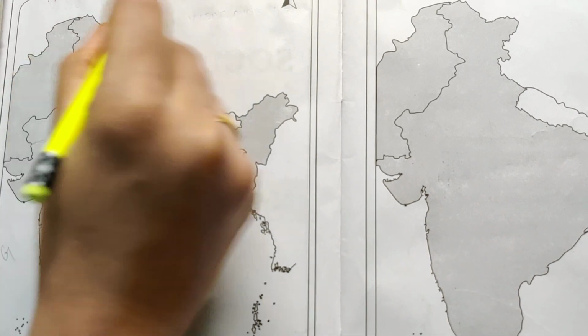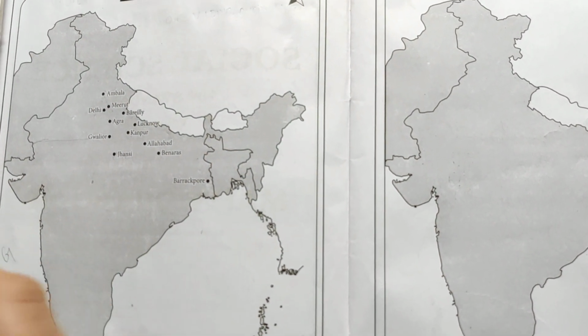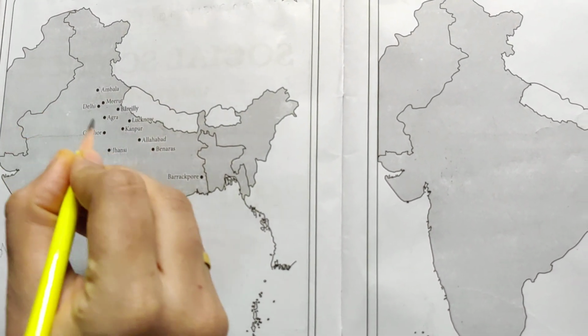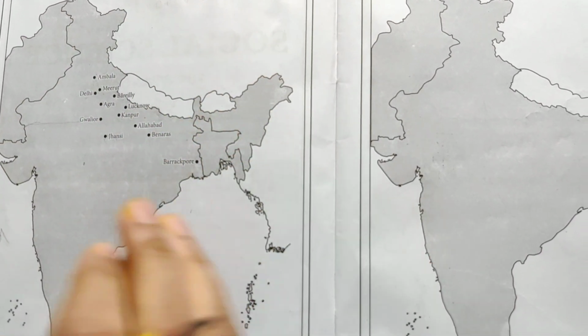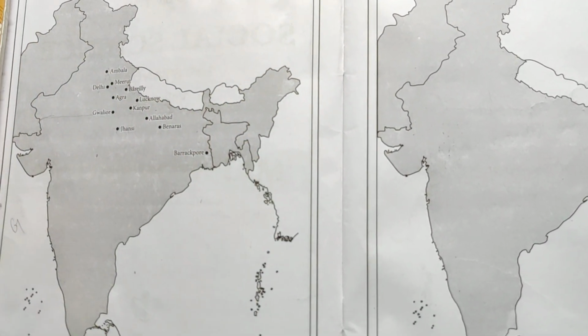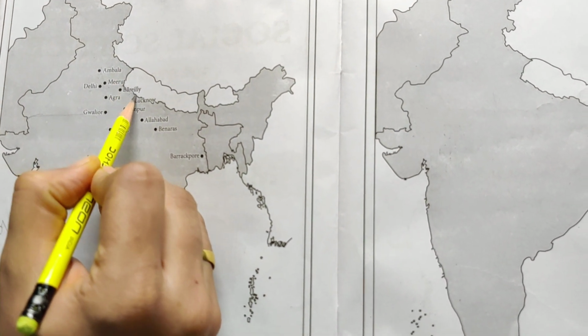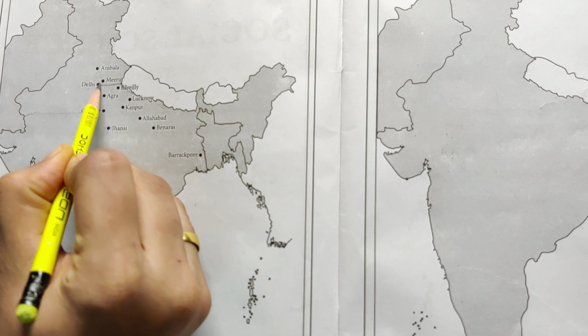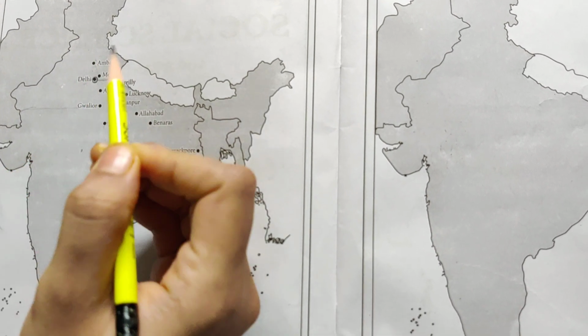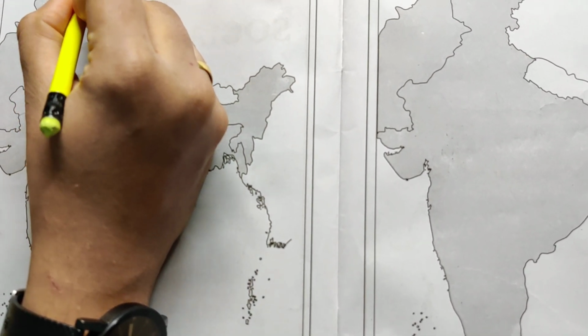Now see the outline map. First, the place you want to see is Delhi. If you mark Delhi, the other places we can coincide one by one. First place is Delhi. Now can you see this curve? Straight on this curve Delhi will appear. Straight away the degree will be 76.